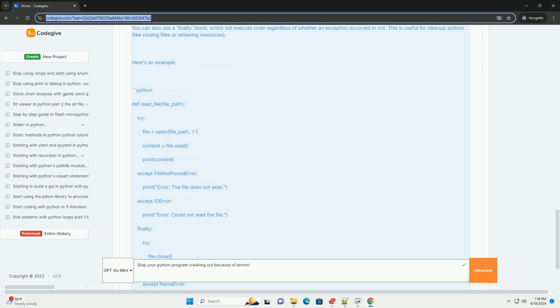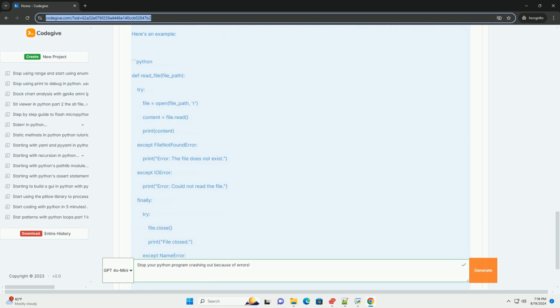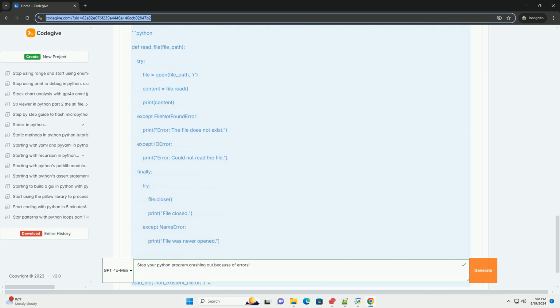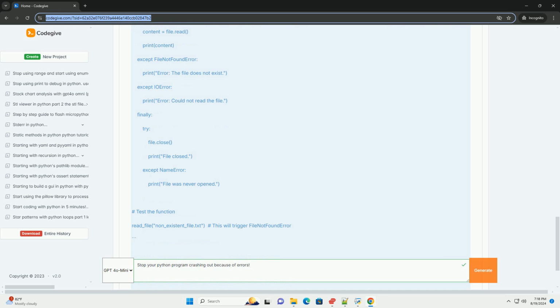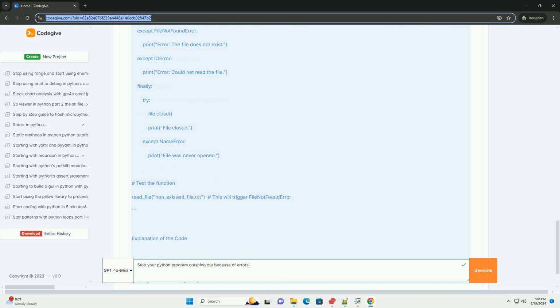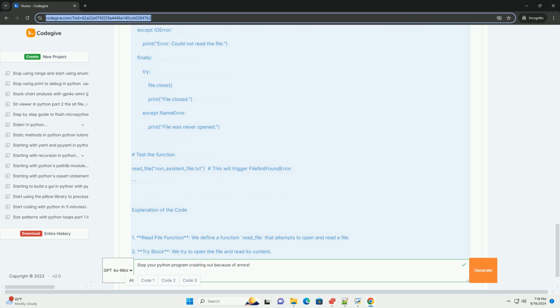Here's an example: Python def read_file(file_path): try: file = open(file_path) content = file.read() print(content) except FileNotFoundError: print("Error: the file does not exist." Test the function: read_file("non-existent file"). This will trigger FileNotFoundError. Explanation of the code: